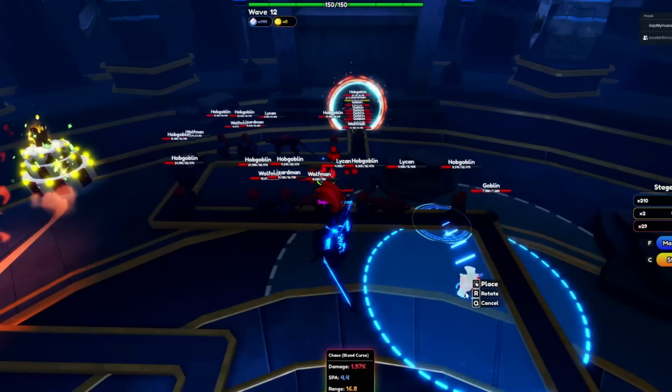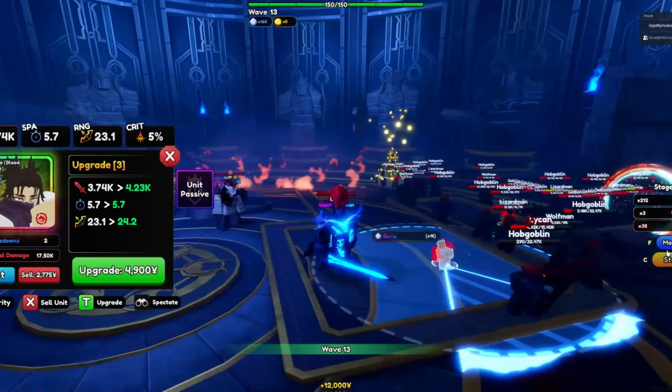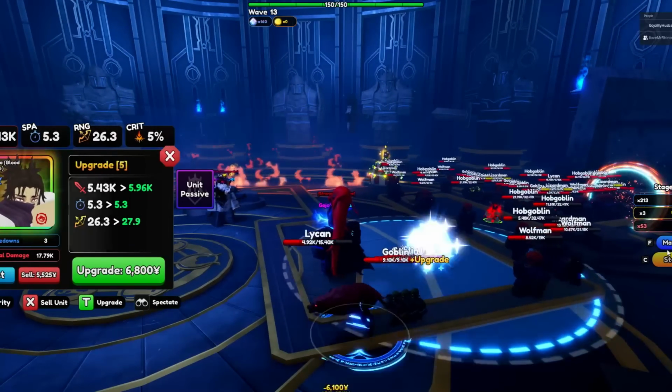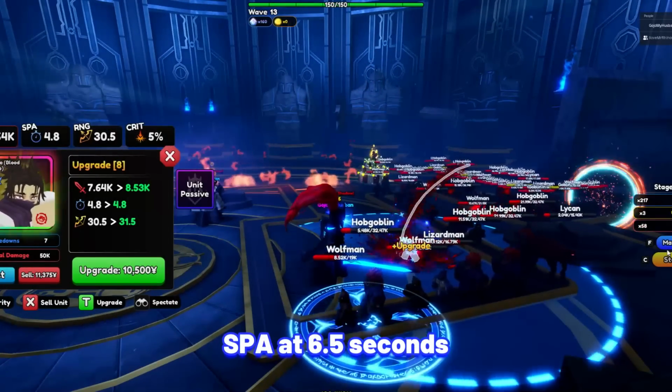Choso is still one of the best bleed units, especially with his insane passives and full AoE at later upgrades in this new Anime Vanguards update 1.5. Wow, Choso Blood Curse stats at max upgrade and max LR: 11,580 damage with his SP at 6.5 seconds, making his damage per second at